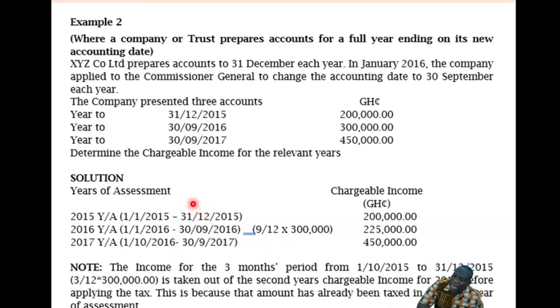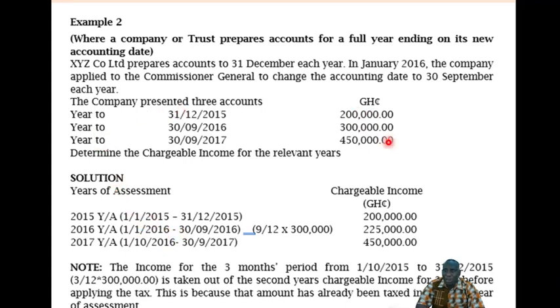Okay, then the second year they say write it from the beginning of the new year, up to the end of your accounting date for the new year, and that will be from January 2016 to 30th September, and that will be 9 months. So that they want to avoid that overlapping period, okay? And then for the third year, you now continue writing from the beginning of your new accounting year to the end of your new accounting year, and that will be from 1st October 2016 to this. So because of that, for this one, the 2015 one, it will coincide with the year 2.